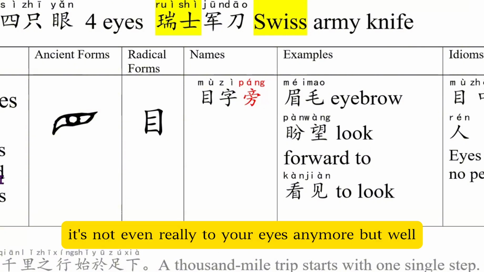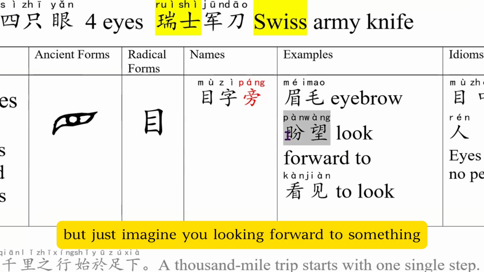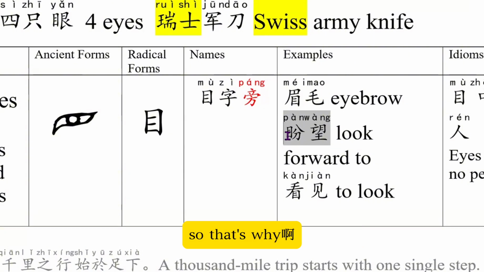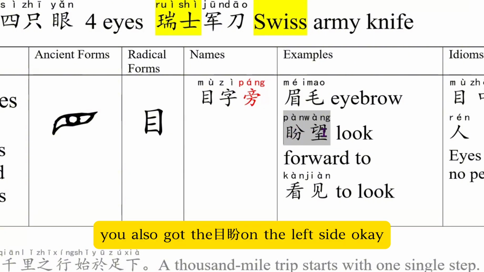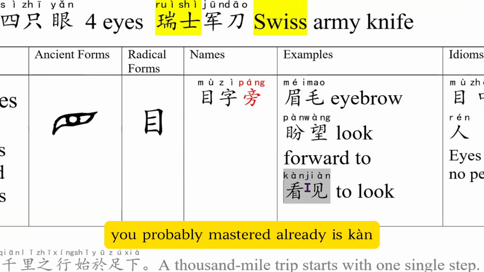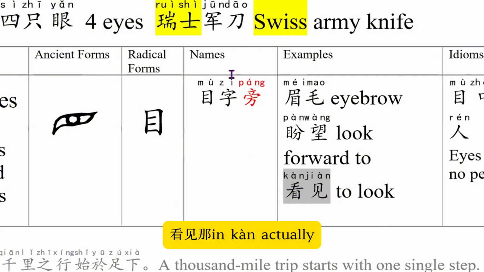I know it's not even related to your eyes anymore, but just imagine you're looking forward to something, how your eyes are looking, okay? So that's why in 盼望, okay, you also got the 目 on the left side, okay? 盼。